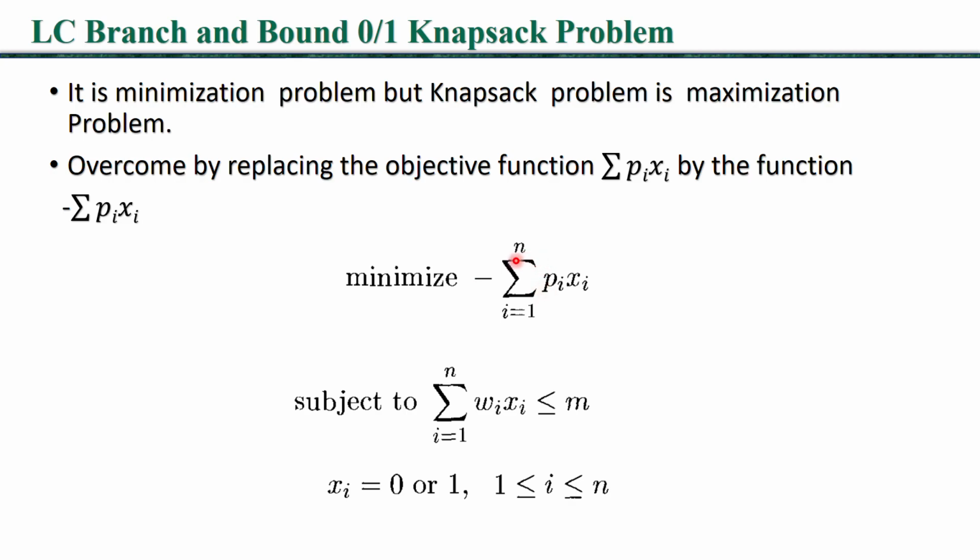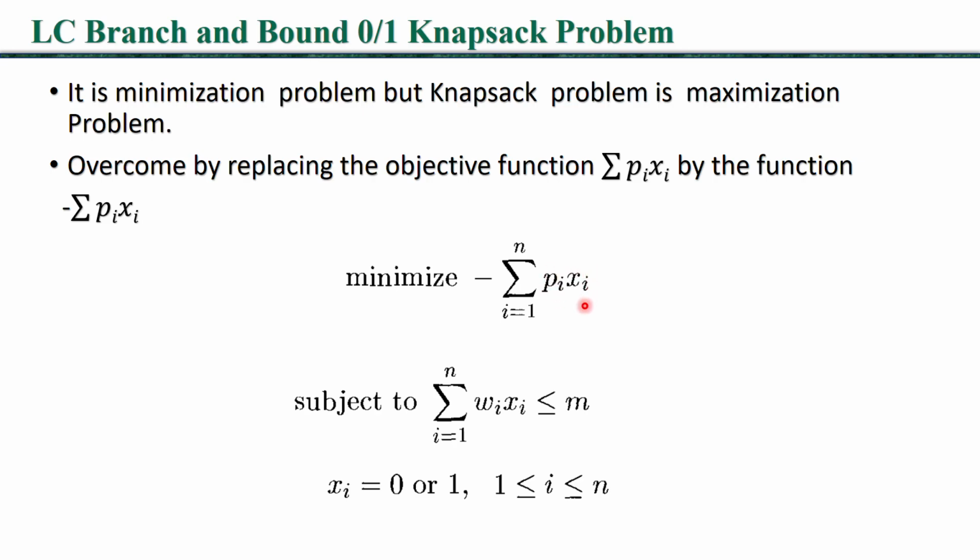So now here we use the summation of P of i into X i. X i means item. Which item will you include? That item you will indicate as 1, and that item we take as 1 into the profit of that item. So 1 into profit means we are considering that item. If you do not include that item, then you represent it as 0. 0 into profit is 0 only, meaning you are not including that item. That's why its profit is also 0.